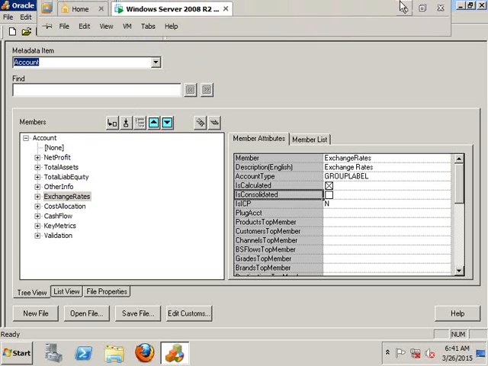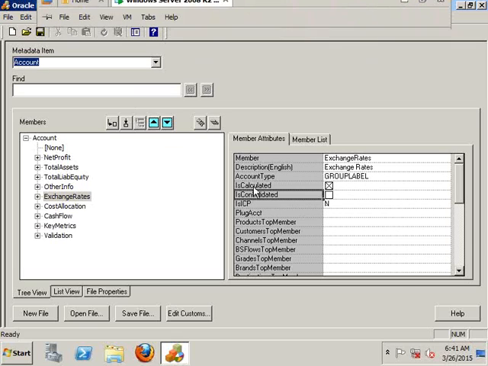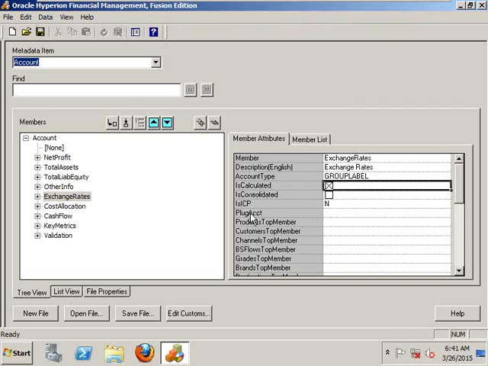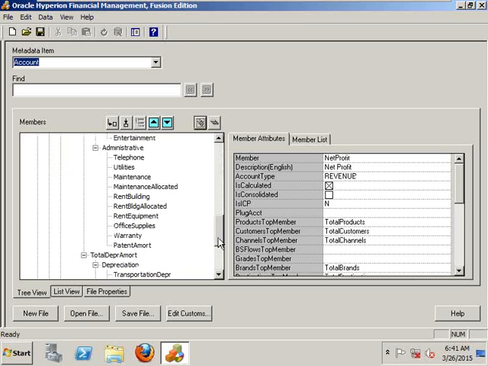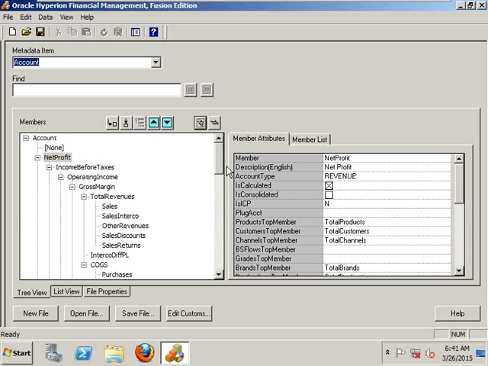So basically, when you keep the Is Calculated member, you can prevent the data input for those kinds of members. See here, I can take Net Profit as the hierarchy, and in this hierarchy my parent members I am taking as Is Calculated. First, keep your concentration only on Is Calculated. So here Gross Margin, Operating Income, Income Tax, all of my parent members I am keeping as Is Calculated.